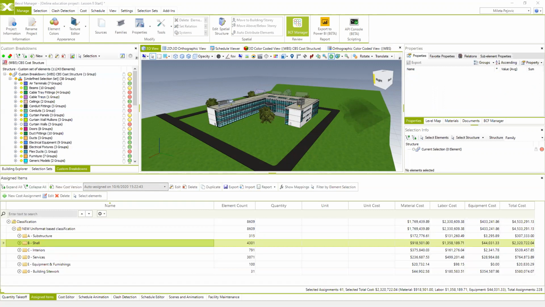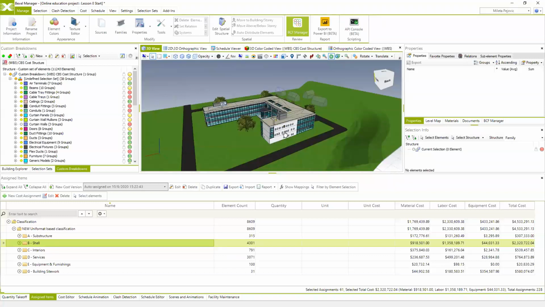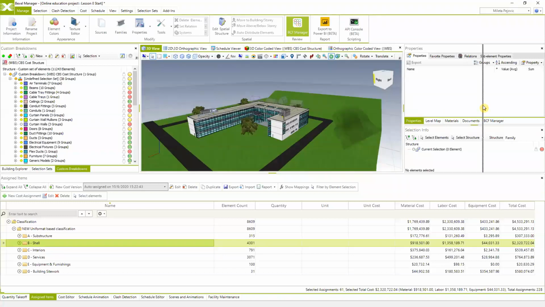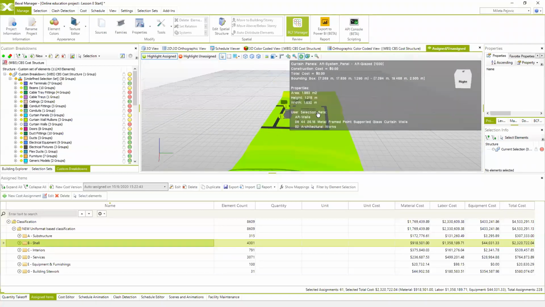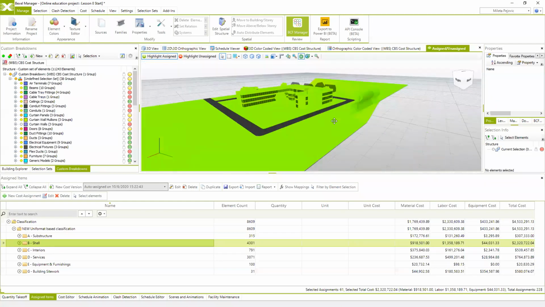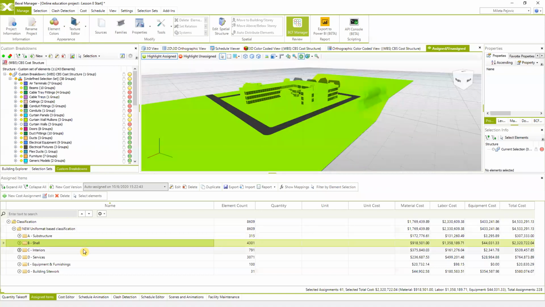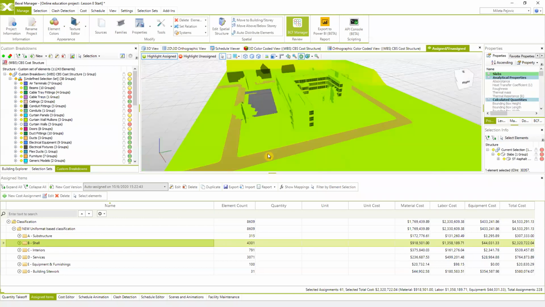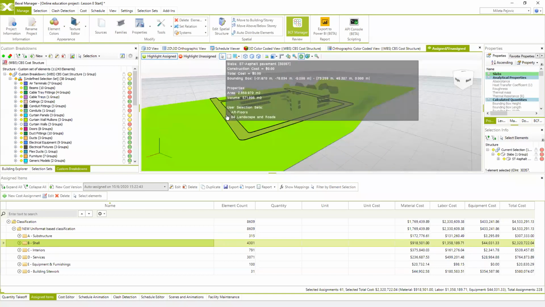And of course, just for, let's say, tips for the end, once you assign your cost classification to your BIM model elements, you can use this assigned unassigned view, which shows you the elements which are calculated in the cost version and which are not calculated. So all elements which are colored in green basically are included in the cost version. If the elements are colored in gray or black, it means that you have to assign the cost to these elements,